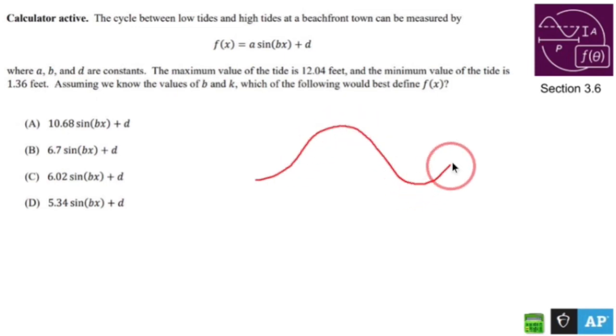At some point you peak out, at some point you bottom out. So whatever the maximum value is and whatever the minimum value is, the amplitude is going to be the max minus the min, but then you take that whole thing and divide it by 2. Now what that does is that also gives you an idea of where the midline is going to be, which is what D would be, but we're not being asked to find that, surprisingly, in this problem